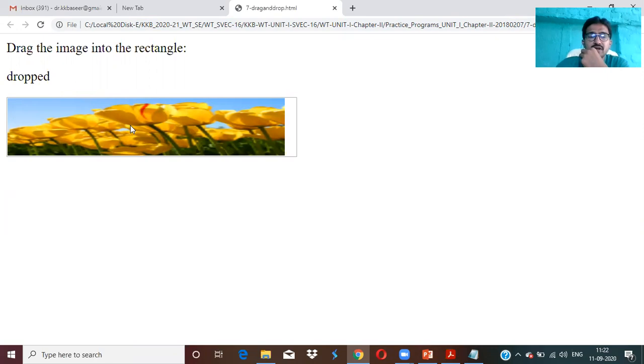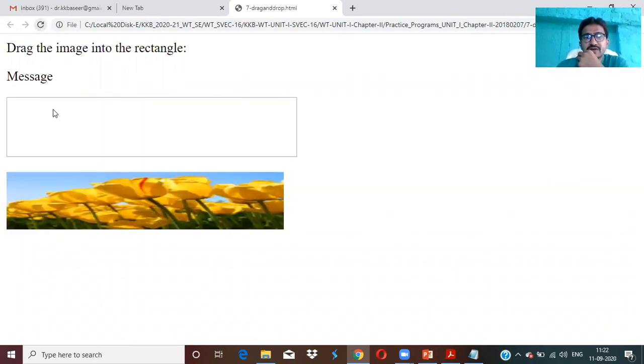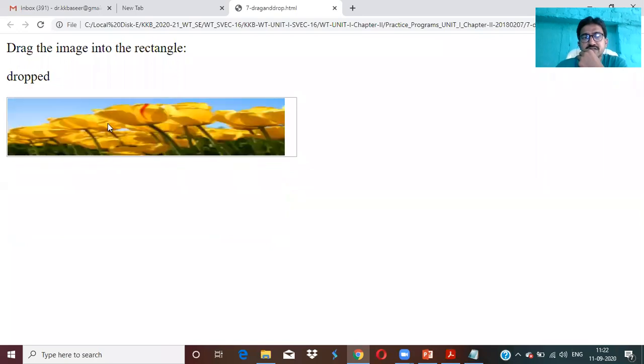Now, please take care of how the message changes. Initially, what is the message here? Just a message. When I select this, what happened? What is the message in place of the message? Drag started. When I take this onto the rectangle, the message is drag over. When I drop this, the message is drop.